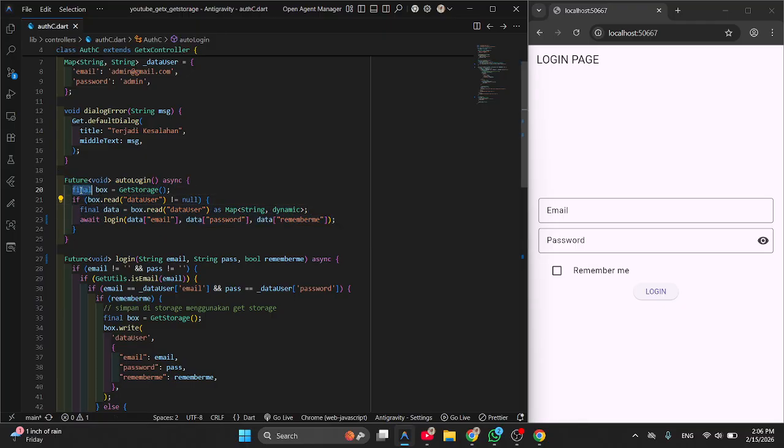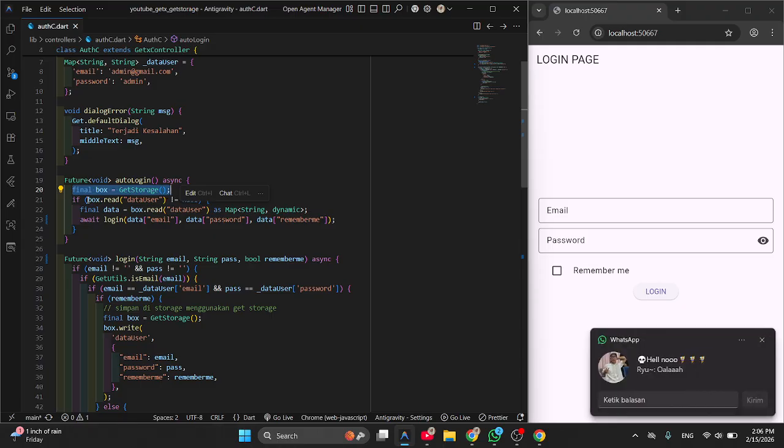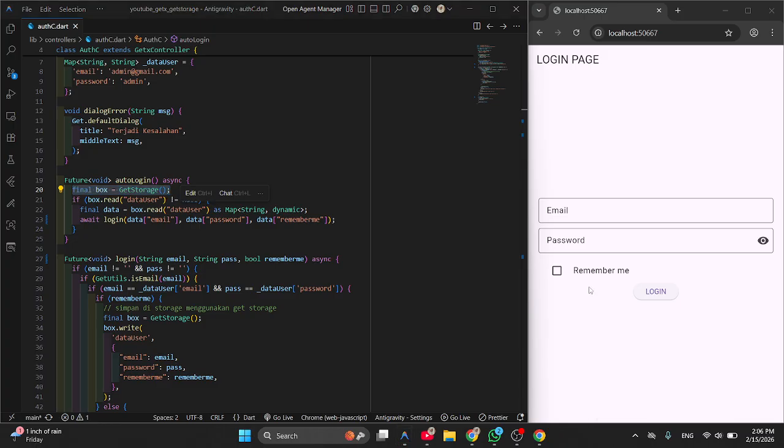There is a final box variable, final box, with a key storage value. So if the variable in the storage detects the user is authenticated, the login function will run automatically, so the user doesn't need to authenticate again.